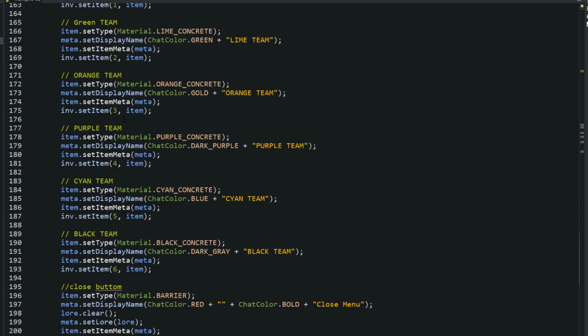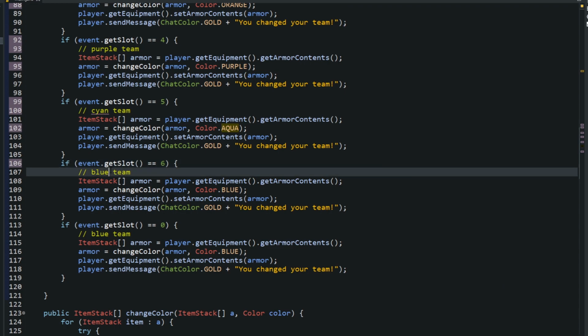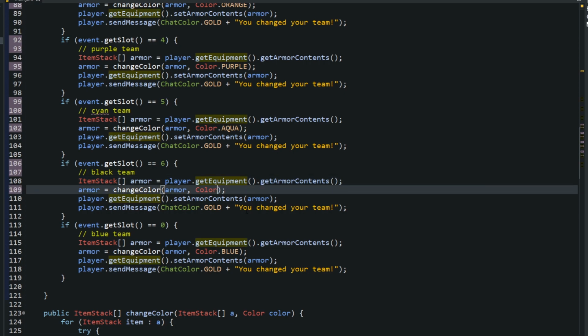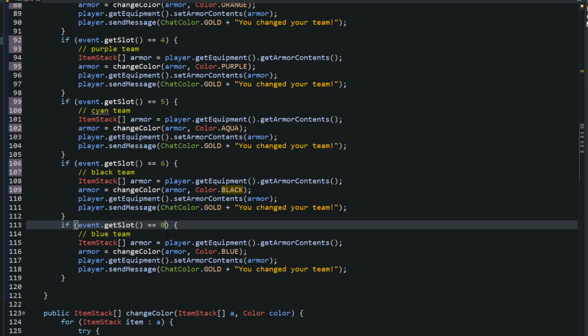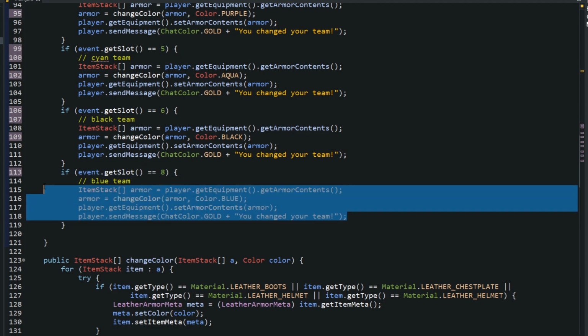Slot 6 is black. We made it to the last color. Awesome. Black. Then we change the color to black. Finally, this is going to be slot 8 because we skipped 7. And this is nothing to do with the team. This is to do with the GUI. And all we have to do is